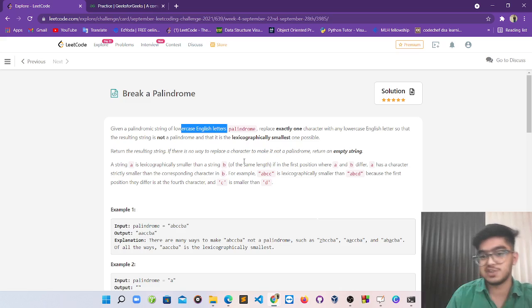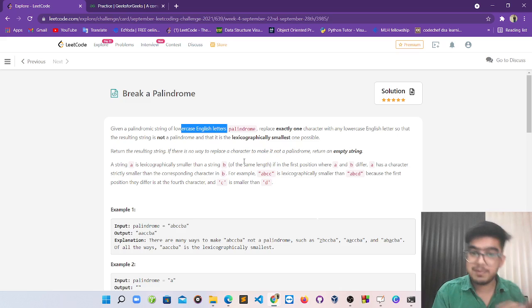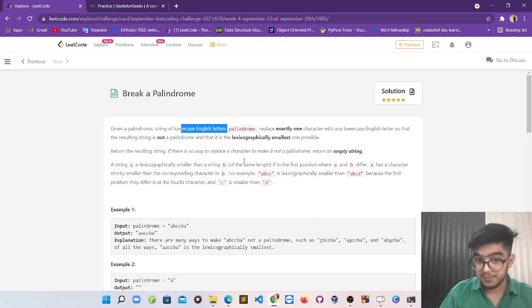But that is not the main thing. The main thing is that we have to make it a non-palindrome, and whatever character we put in that position, the resulting string should be lexicographically smallest.